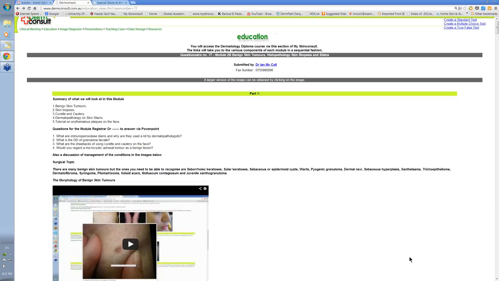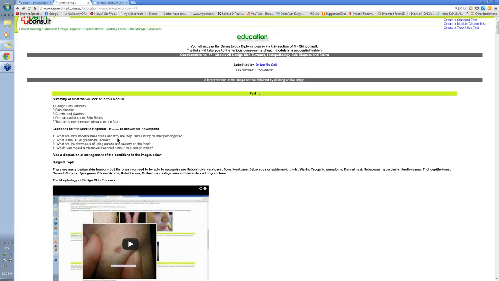Everybody, this is just an overview of Module 2B. What we were going to look at in this module are basically benign skin tumours, skin biopsies, a little thing on curette and cautery, dermatopathology of skin stains, a reasonably sophisticated topic, and I'll go into that in some detail though, and a little tutorial on erythematous plaques